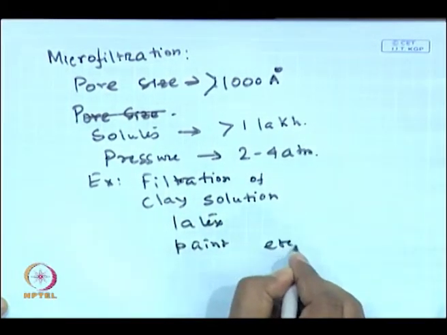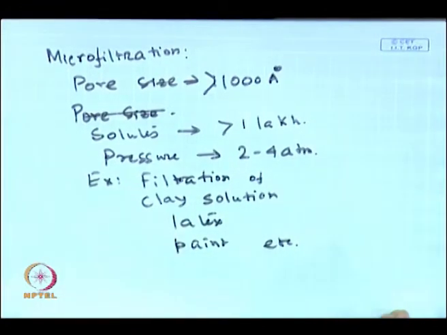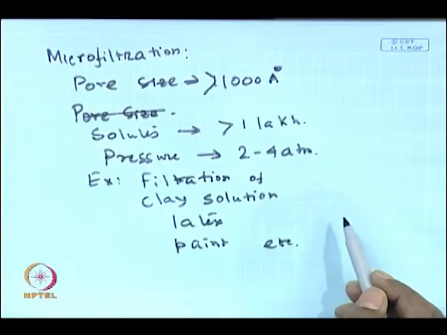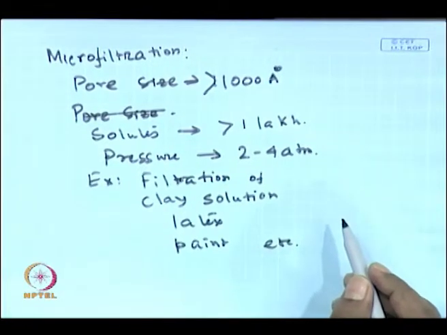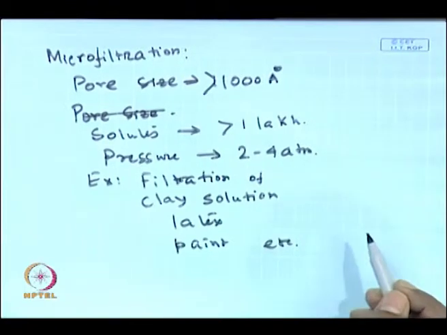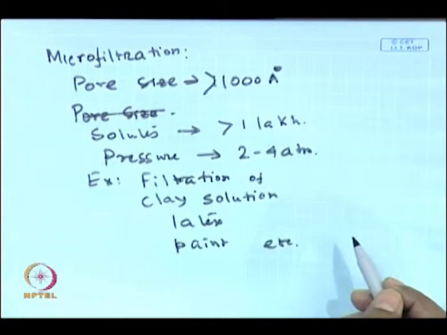Okay. So, if you observe, when the pore size of the membrane becomes higher, the pressure requirement becomes lower and lower. You do not require very high pressure to effect the separation. This is simply because if you are talking about a low pore size membrane, then the osmotic pressure becomes very important and very high. So, we have to overcome that, and then the pressure requirement becomes very high in those cases.